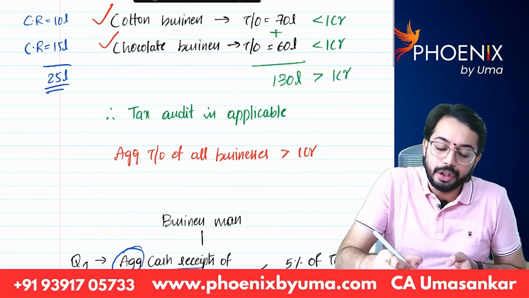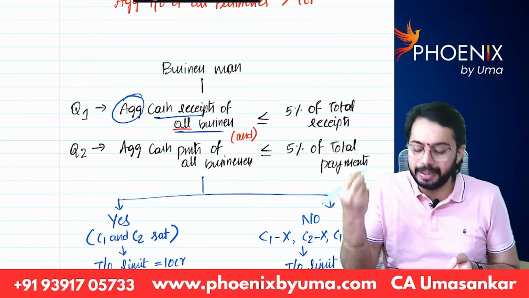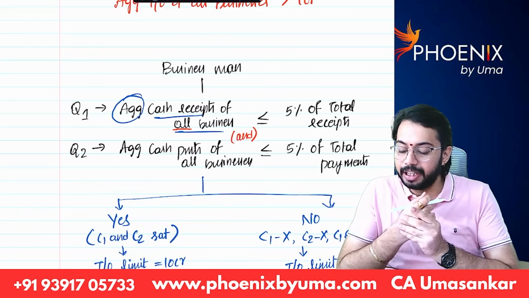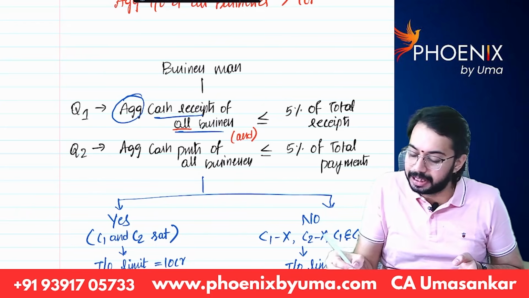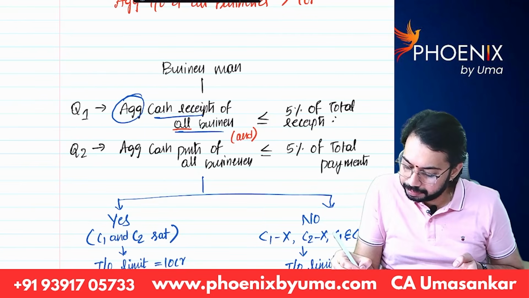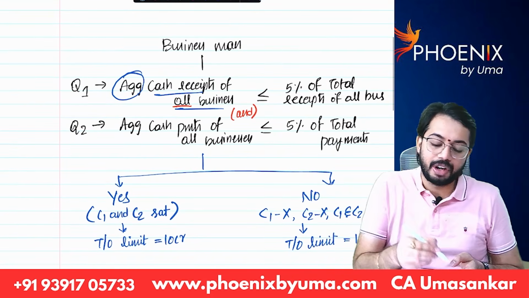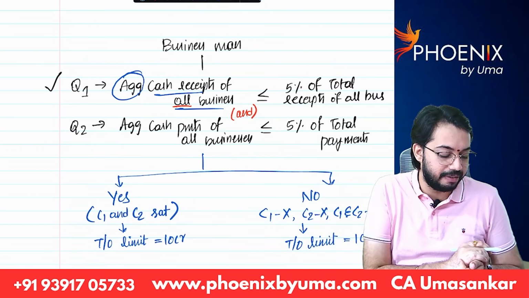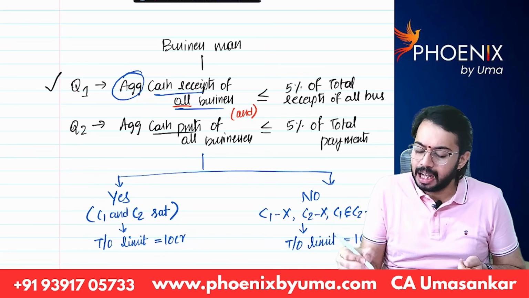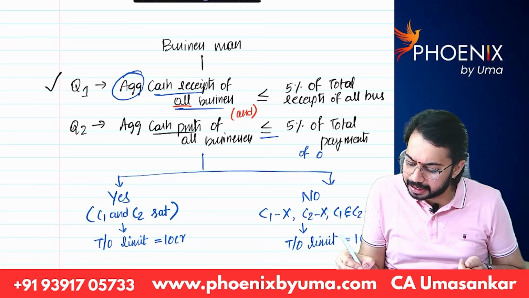What do you need to take? You need to take total cash receipts, the aggregate cash receipts of all businesses. If aggregate cash receipts are less than or equal to 5% of total receipts of all businesses, in that case question 1 is satisfied, condition 1 is satisfied. If aggregate cash payments of all businesses are less than or equal to 5% of total payments of all businesses,